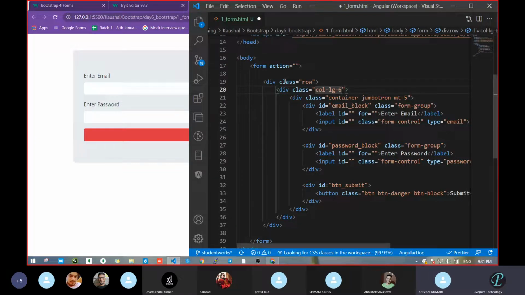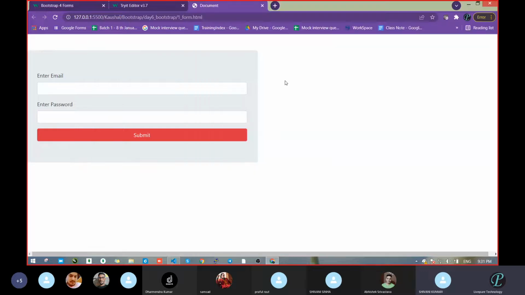So you want 6. What about in the smaller screen? How much do you want? All 12, sir. Sorry, SM-12, because mobile already has a smaller screen. So we will always go with the mobile SM-12. Okay, we can pass 12 there. No need to split there. Mostly we will not try that, but you can do that.